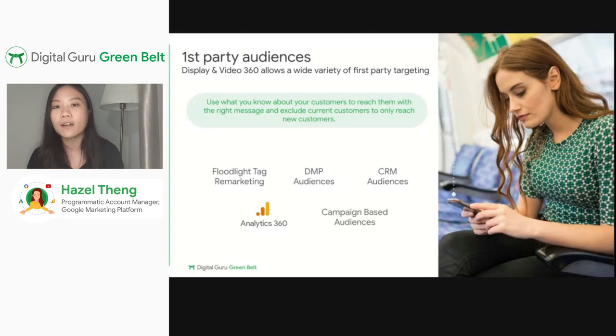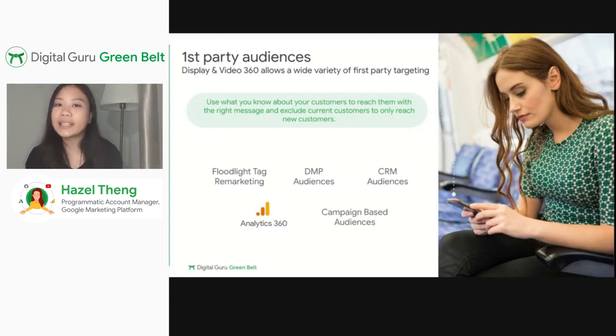Brands usually collect users based on loyalty programs, for example. And these CRM audiences can be onboarded either via a third-party onboarder or the custom-made solution on DV360. Once you've onboarded these CRM audiences, you can then activate them on DV360.